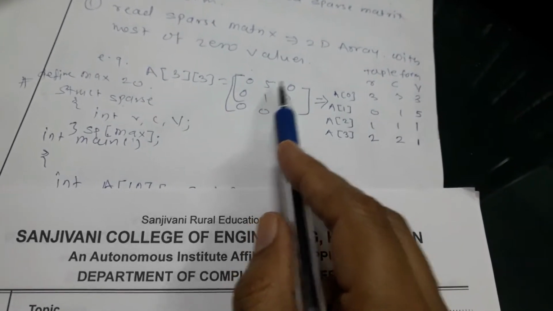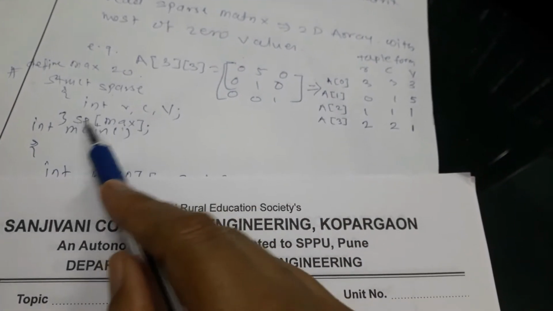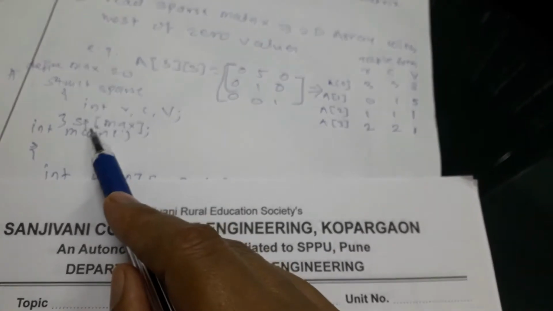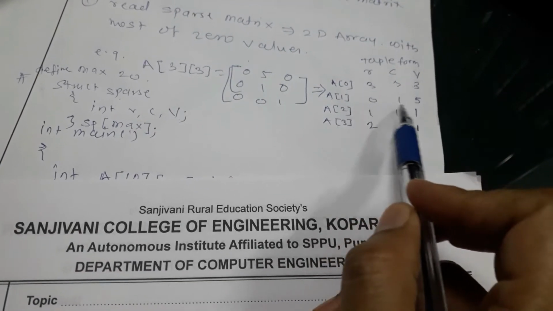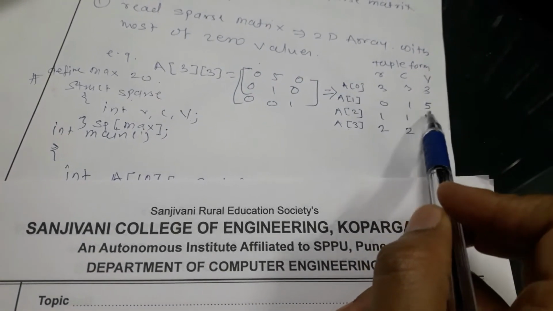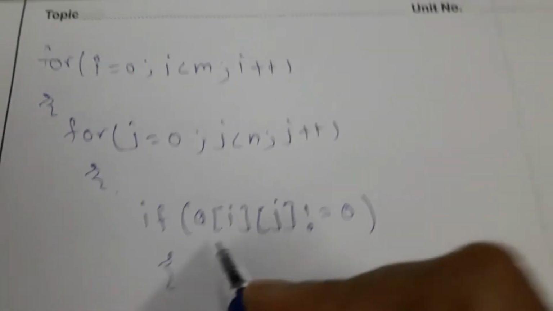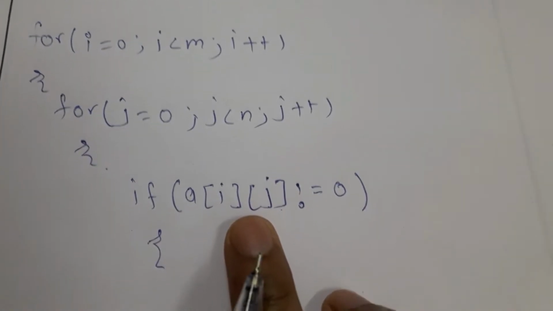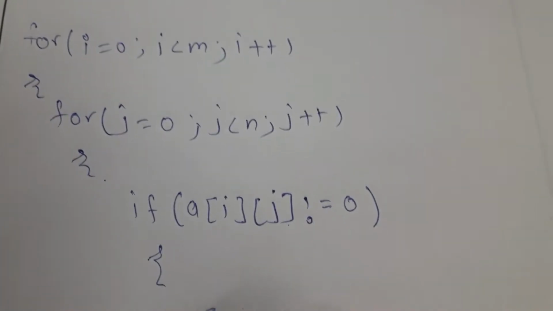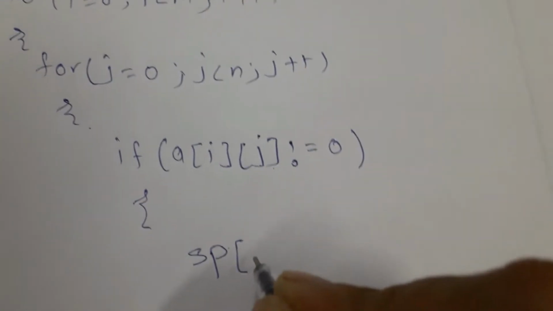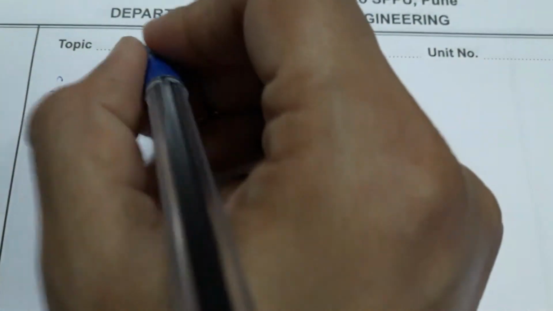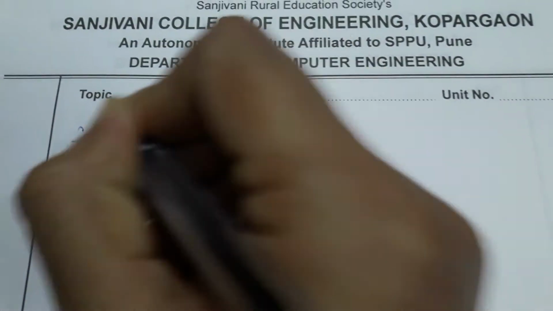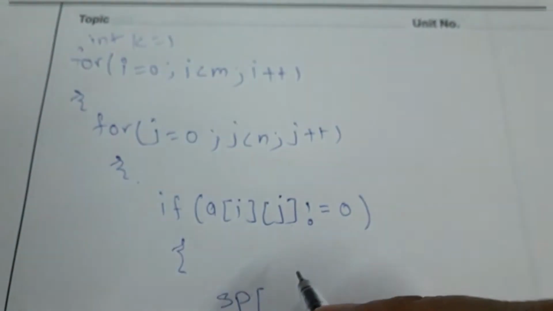So this entry we have to make in this SP. See here, in SP we store the row index, column index and value. How to put this? If your element at this index is not 0, then what we have to do? Make that entry in SP of, here we need 1, the first row, no? So here we are taking one integer variable, integer k is equal to 1.